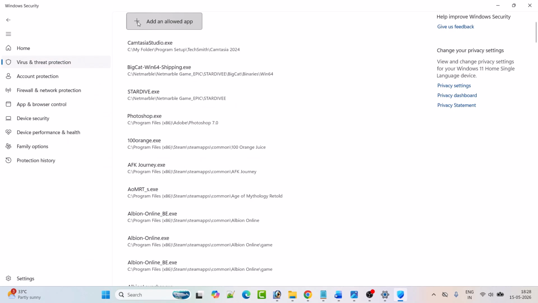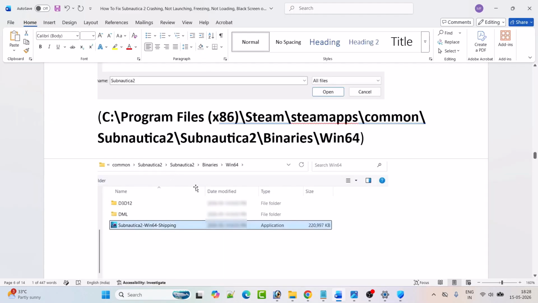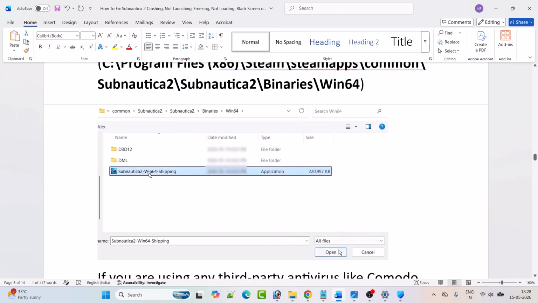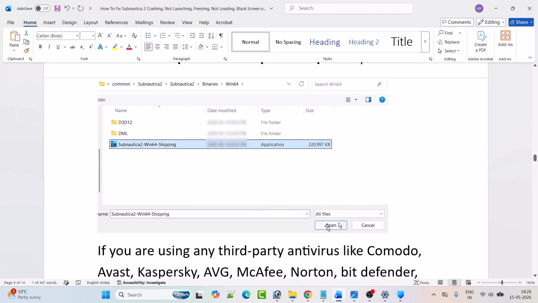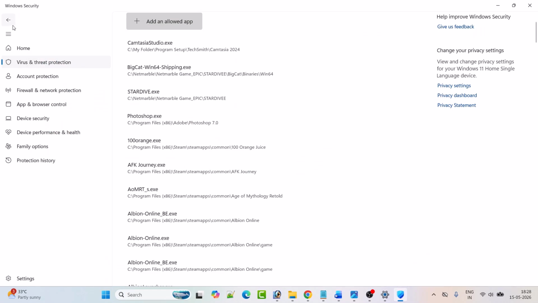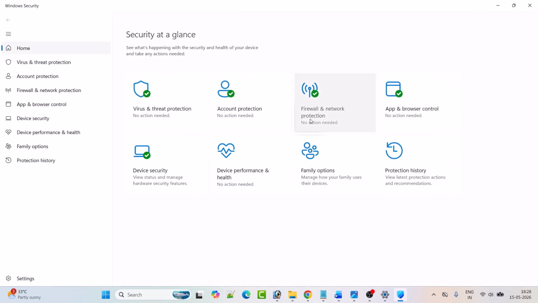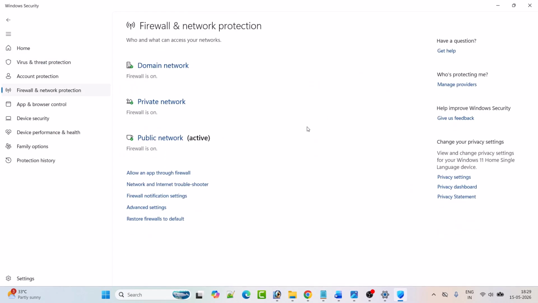Now again click on add an allowed app, browse all apps, and this time open the Subnautica 2 folder, Binaries folder, Win64 folder. Select this exe file, Subnautica 2 Win64 Shipping exe file, and then click on open to add it to the list. After adding it, go back, click on firewall and network protection, click on allow an app